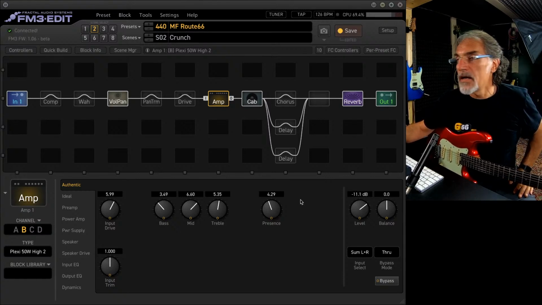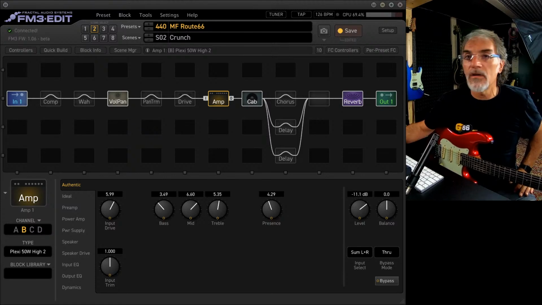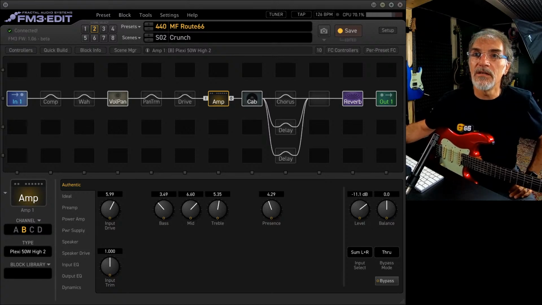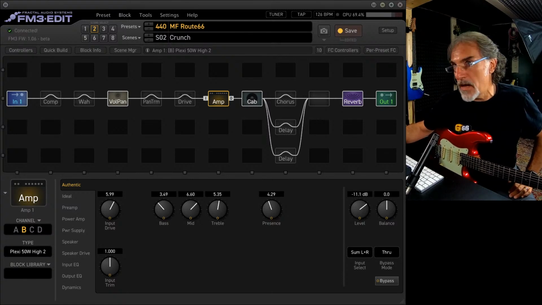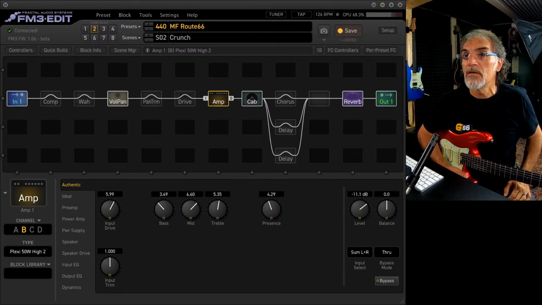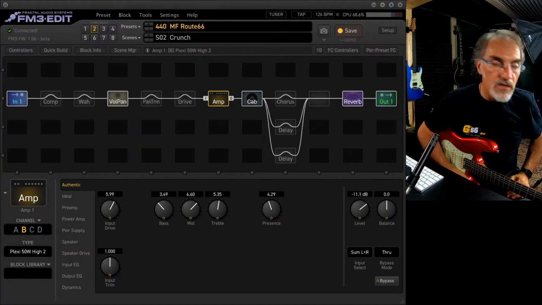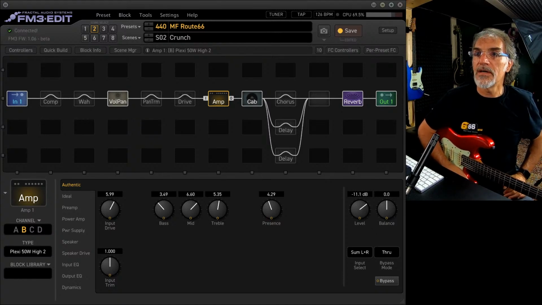Okay, Daniel, I saw your answer and I demonstrate to you immediately what is the effect. You asked me about the seamlessness of these different scenes. As you can see, you can change even the amp and the cabinet, and practically there is no audio interruption. So the switching is very, very fast.